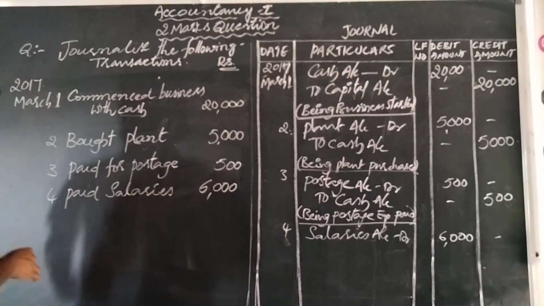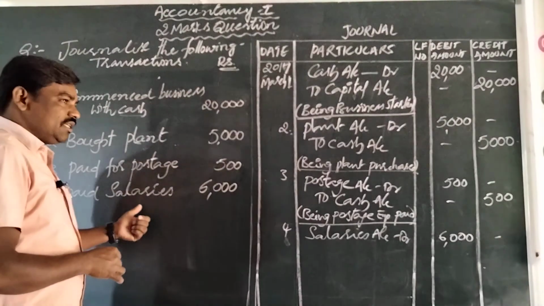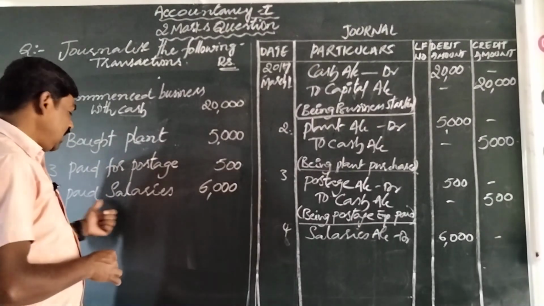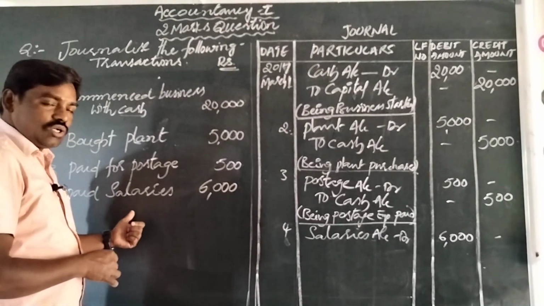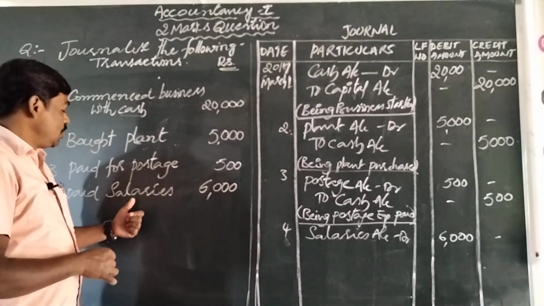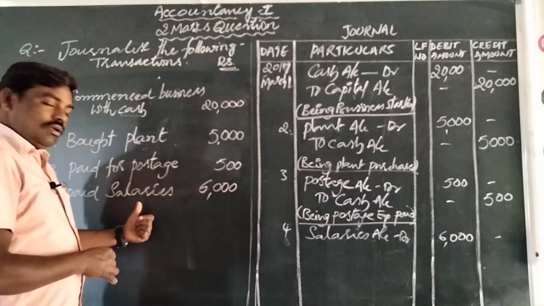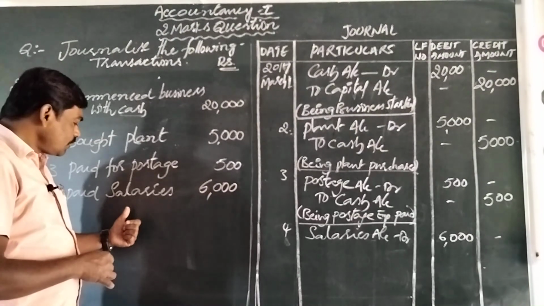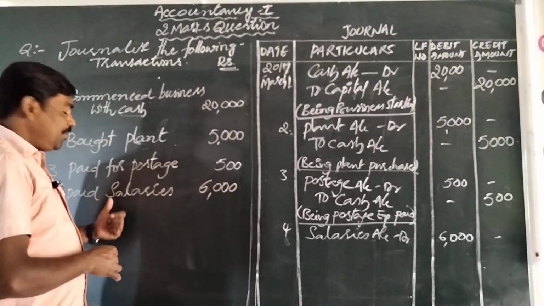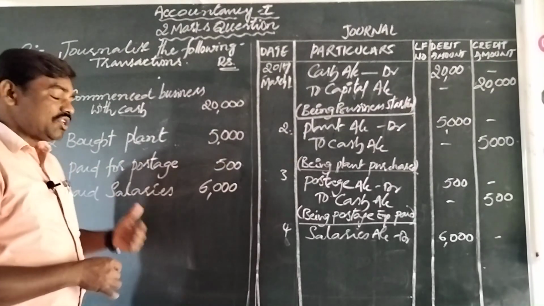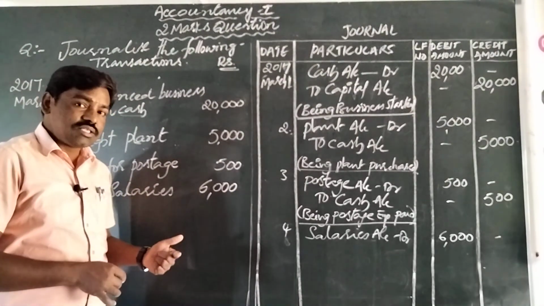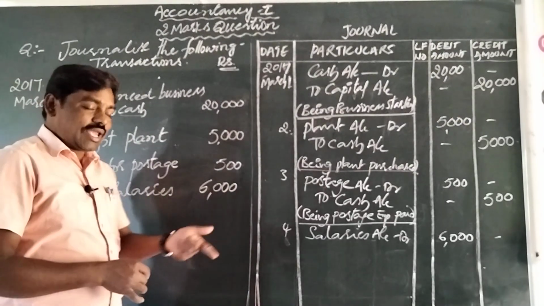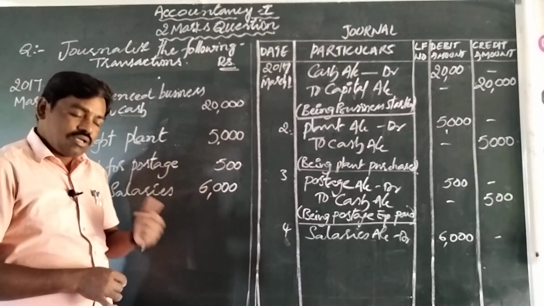Okay. Next, here only one aspect is there. So when there is only one aspect, you think that it is a cash transaction. In paid salaries, we find only one aspect in this transaction. So when we find only one aspect, then we assume that the transaction is a cash transaction. So we paid salaries in the form of cash. Cash is related to real account. Real account principle says that what comes in, debit; what goes out, credit. When we paid salaries, is cash coming into the business or going out of the business? Yes, going out of the business.